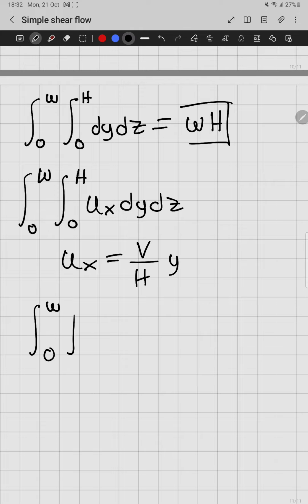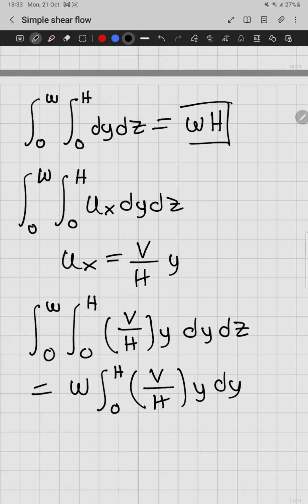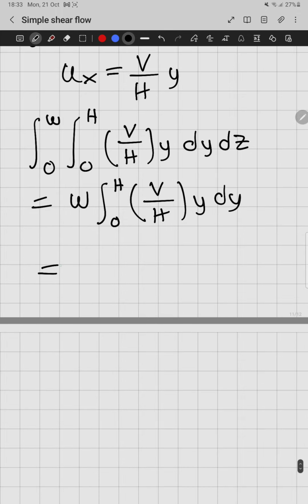So we need to integrate this equation. The velocity field does not depend on z, so we already have the first integral. And now we just need to integrate this equation, which is just simply,